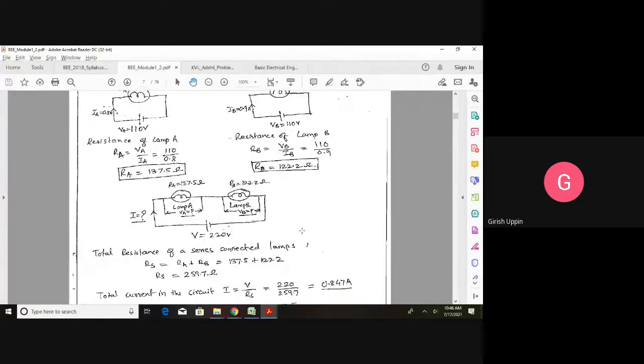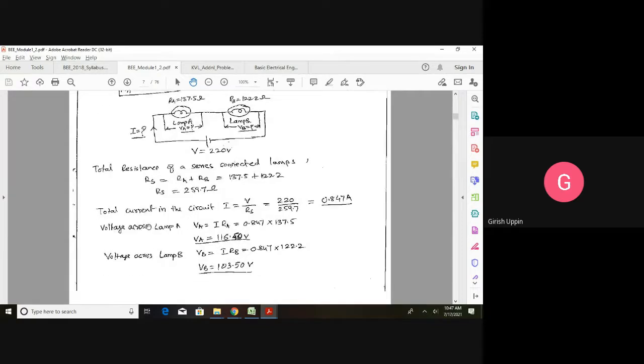Now, the second scenario, we are connecting them in series. 137.5 ohms is connected in series with 122.2 ohm resistance and both are connected across 220 volts. Now we know the circuit resistance. What is the equivalent resistance? This plus this, right? We get 259.7 ohms by adding these two resistances. I know resistance, I know voltage, I can find current, right? Therefore, I is equal to V by Rs, that is 220 divided by 259.7. We get 0.847